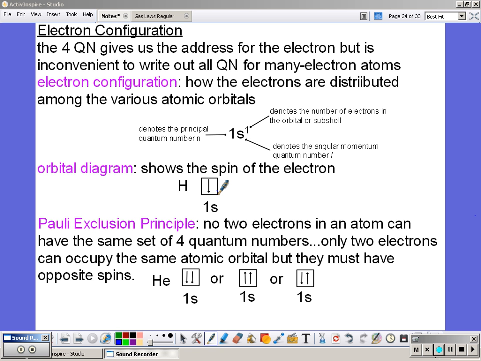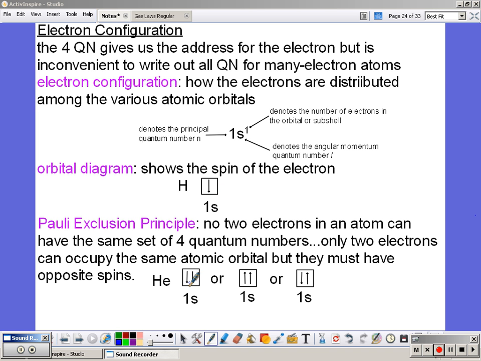The Pauli exclusion principle tells us no 2 electrons in an atom can have the same exact set of 4 quantum numbers. Only 2 electrons then can occupy an atomic orbital, but they have to have opposite spins. So if we look at helium, for example,